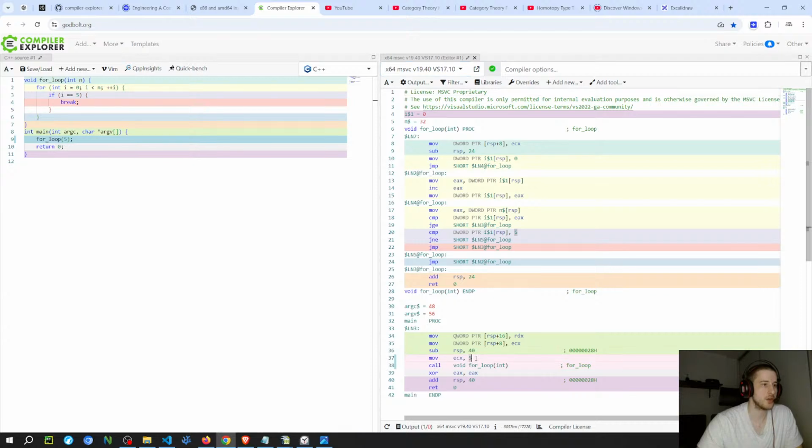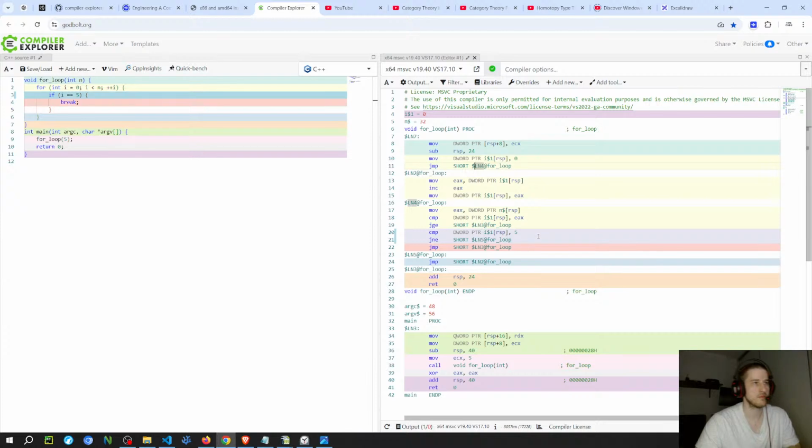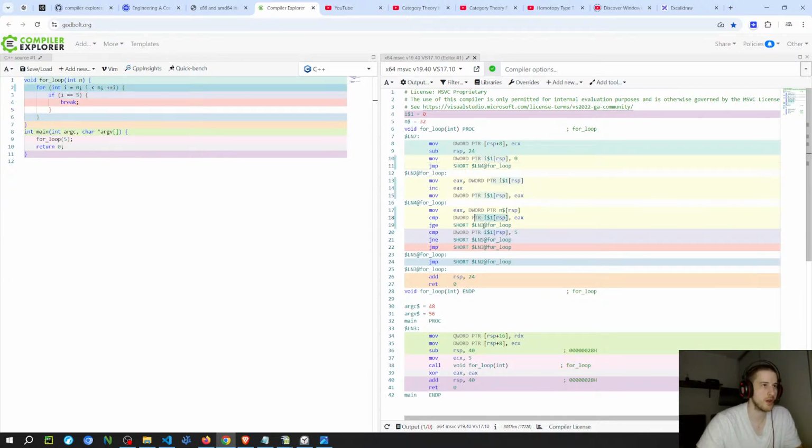So it's basically the same structure, just with some differences between compilers. It's going to put the value of I at 0, then jump to the loop, then put n in EAX, and compare EAX with I. It's comparing I, so I is on the left of the condition and n is on the right, which is EAX. Jump greater or equal, so this is not going to jump the first time, because ZF is going to be 0. No, it's SF. Yeah, the jump greater or equal uses SF.